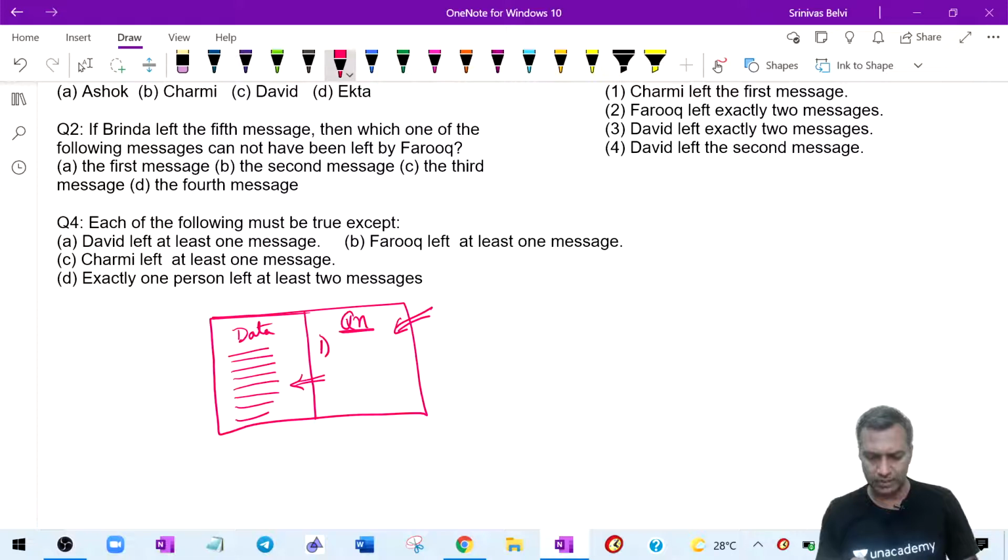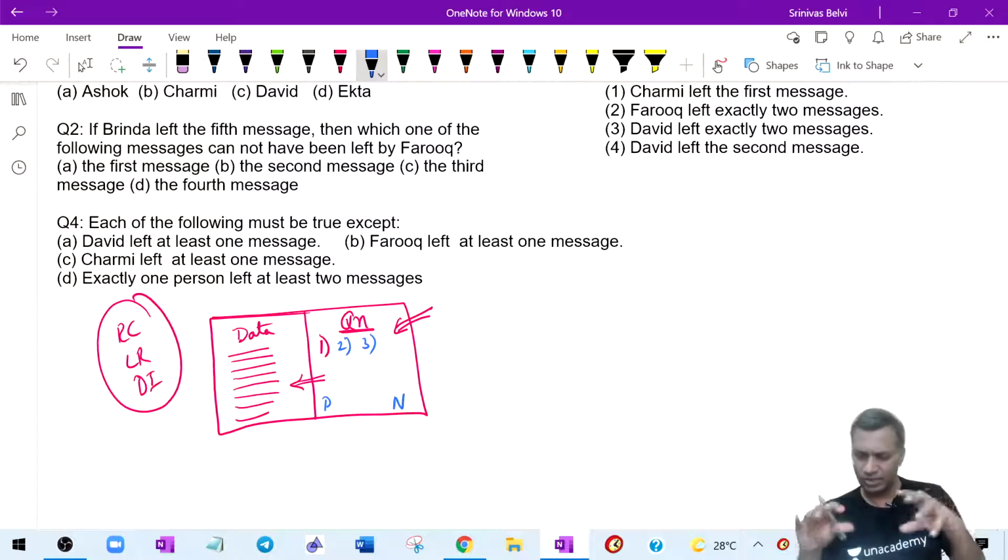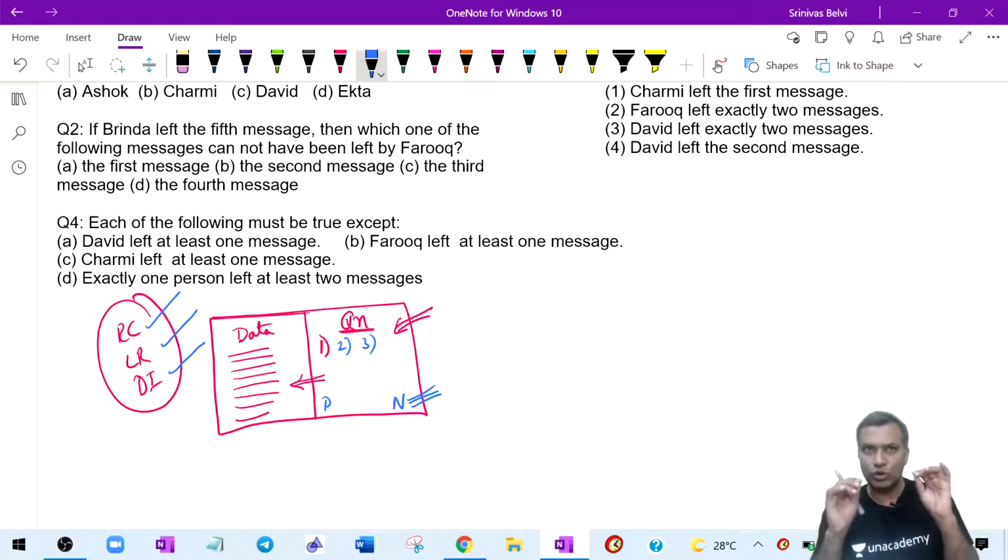This is the truth when you look at RCs, and also from the perspective of LR or DI. So always remember, don't look just from one question. Go to the second, go to the third, at least about 3 questions. Click the next button. There is always a previous button and a next button, and a few other buttons. Click next and take a look at some questions to understand the author's expectation. This is very important for RCs and of course LR and DI. You don't have to read the question very carefully, but one look at the question, your eye span, will help you understand the expectation, and then slowly, gradually, you will learn the calibration of questions as well.